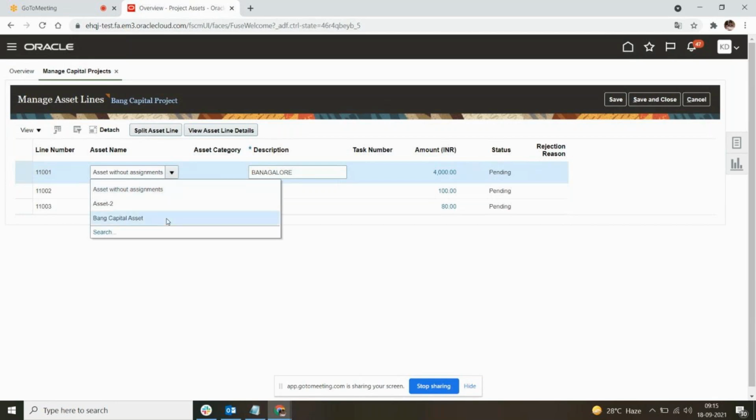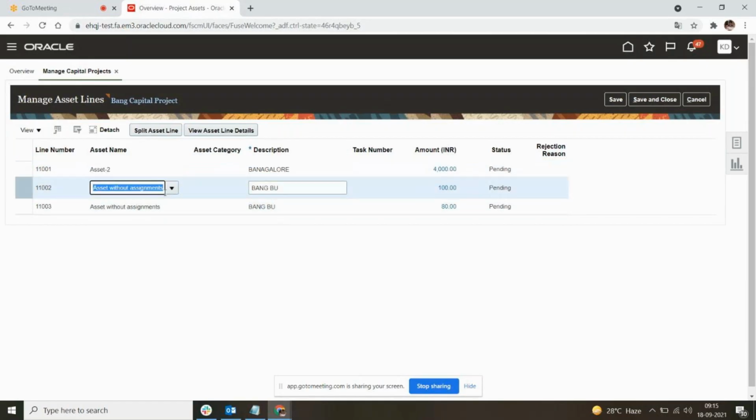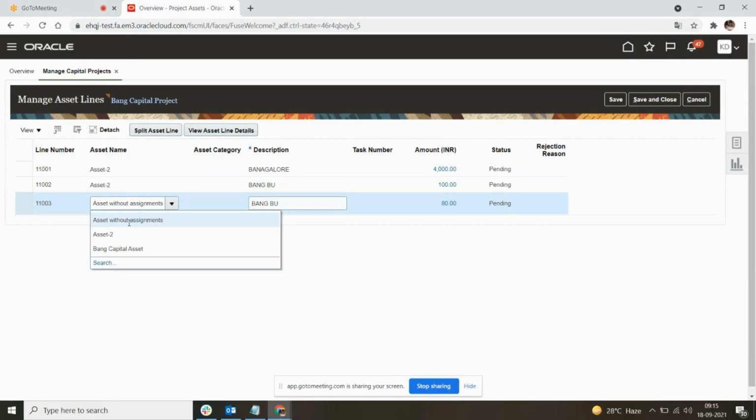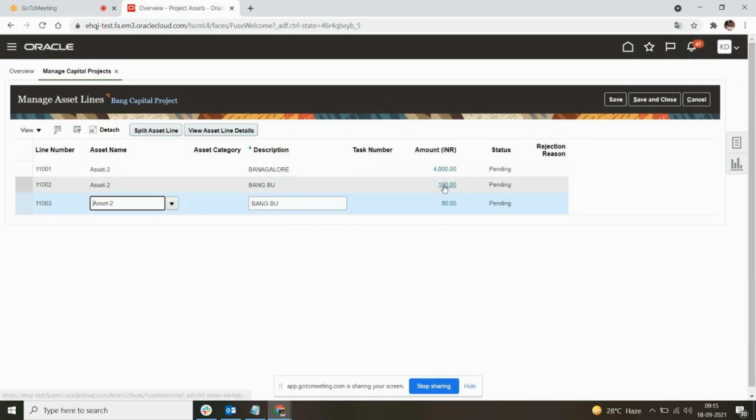Now I'm going to assign the asset, and so my total cost here is 4180. Save it. Even if you want